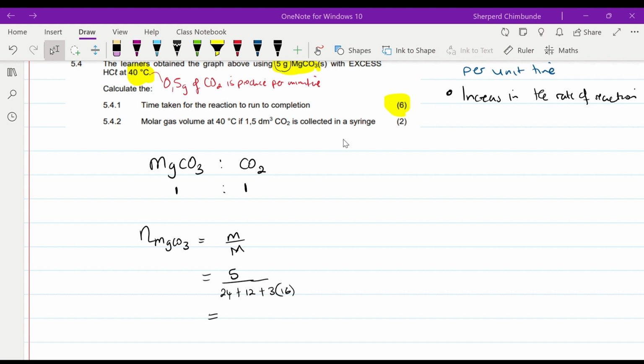I'm going to use this emulator that I have here. Hopefully it's showing on this screen. If it's not showing, you can also work it out from your side. So 5 over 24 plus 12 plus 3 times 16, and that gives us the number of moles as 0.0595